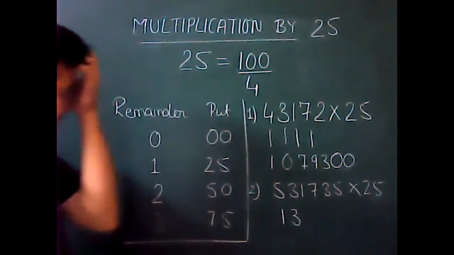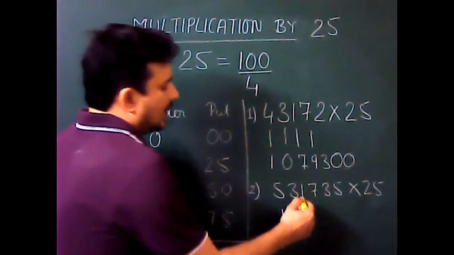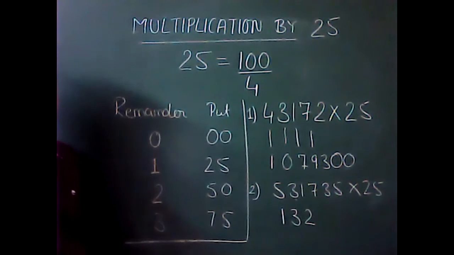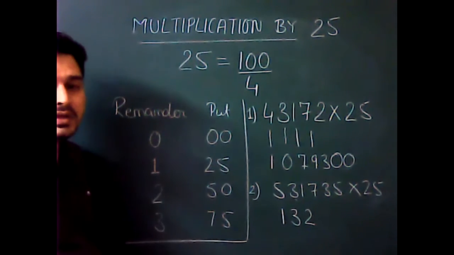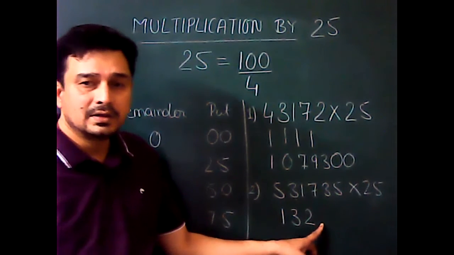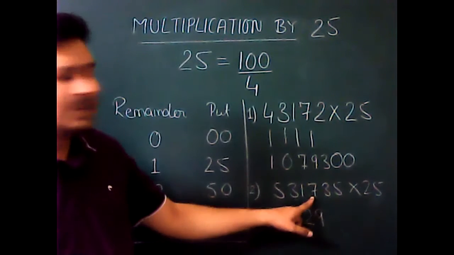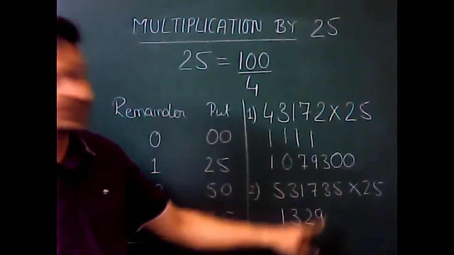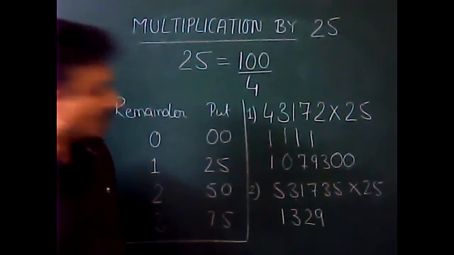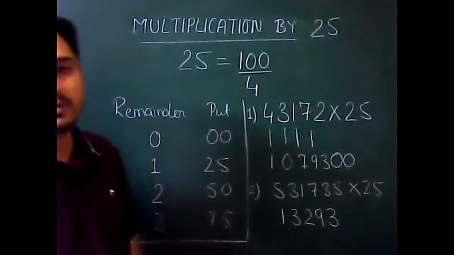1 and 1 becomes 11. When we divide by 4, I will get 4 times 2 is 8 and 3 remaining. 3 and 7 becomes 37. So what must be the next digit here? 9. 9 times 4 is 36. Now 1 remaining. 1 and 3 becomes 13. So what should be the next digit? 3. Yes, 3. This is also correct. Now 1 and 5 becomes 15.